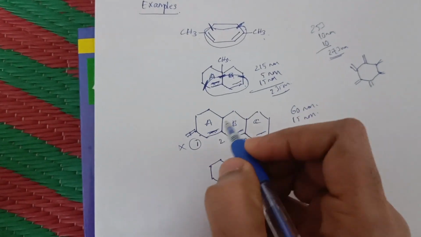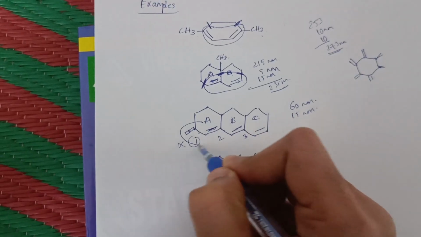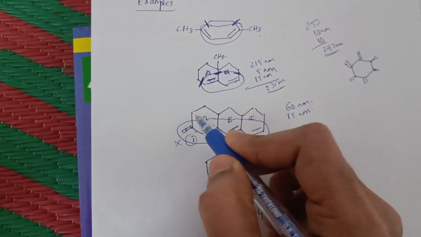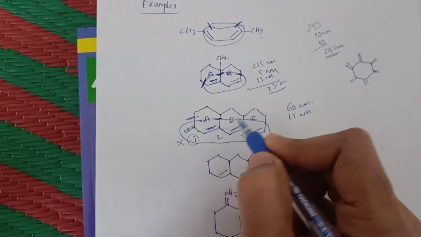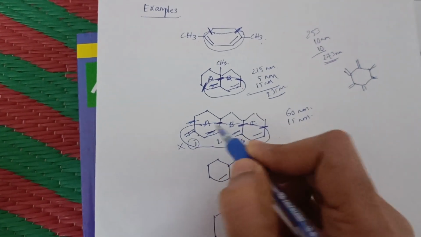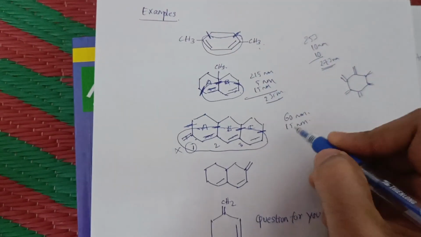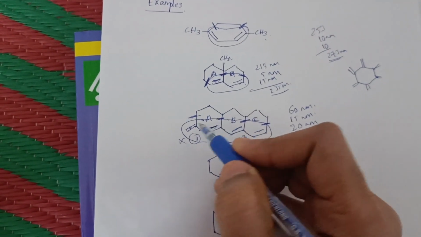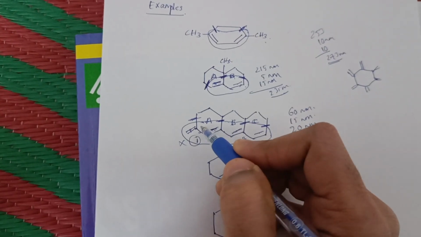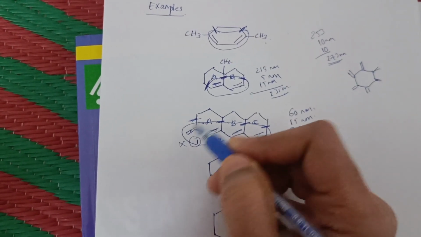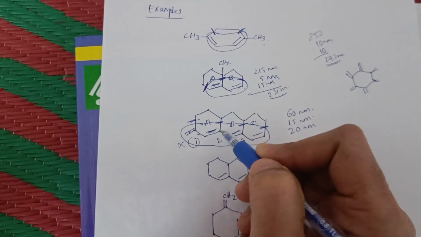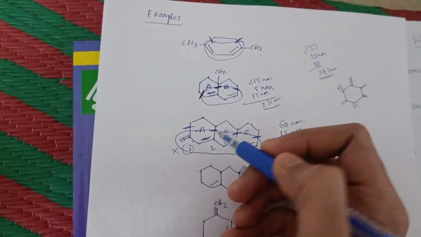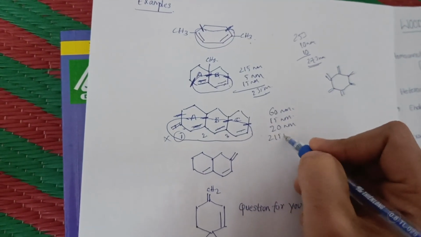And if you consider the ring residues, just draw a circle around this conjugation. So 1, 2, 3 and 4. So 4 bonds are touching this circle. So 4 into 5, 20 nanometers. And of course this is a heteroannular diene. So double bond, single bond, double bond, this conjugation is shared between 2 rings. So when the conjugation is spread across the rings, it is called a heteroannular diene. So it's 215 nanometers.